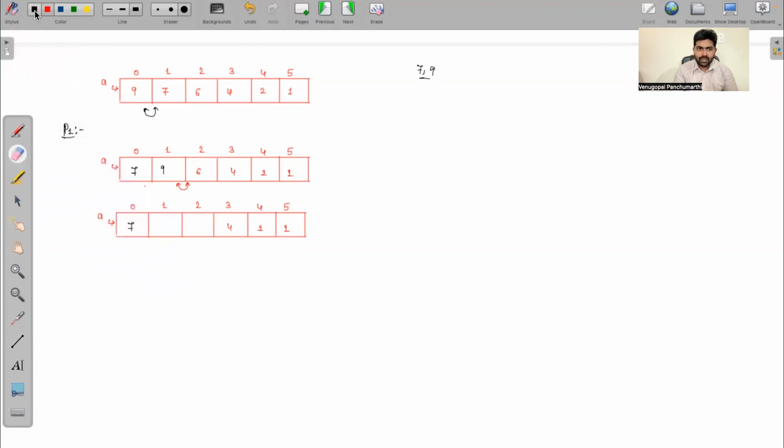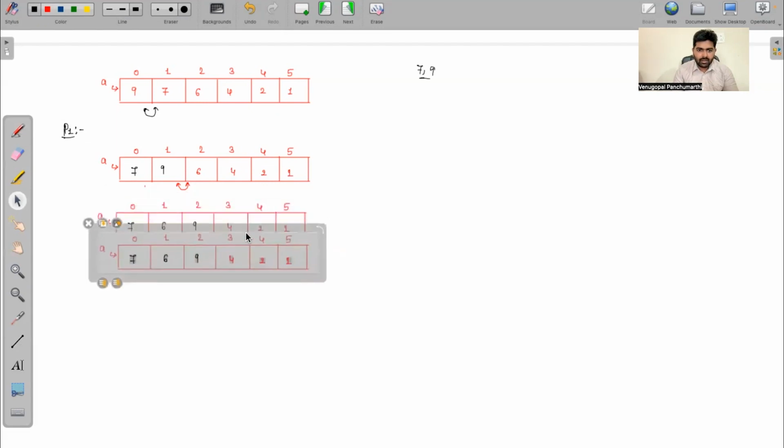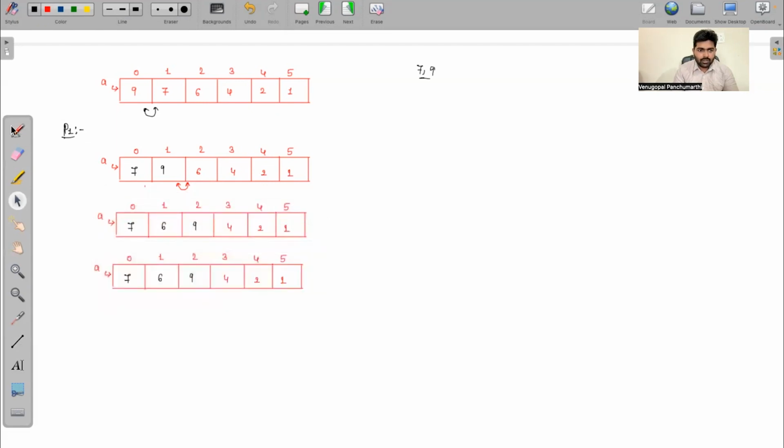So which means this will be 6 and this will be 9, and the remaining elements will stay as they are. Okay, so next time what will happen? Let me take this again. Now you need to swap. See, every time two adjacent elements. Okay, so these two you have compared. So next time you have to compare